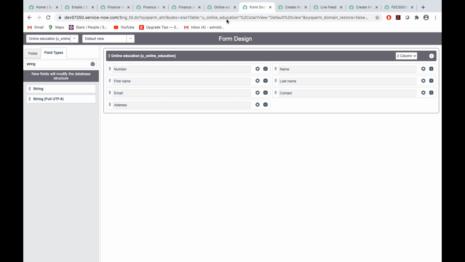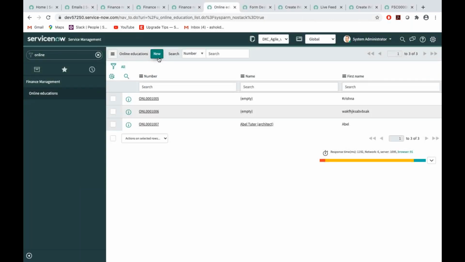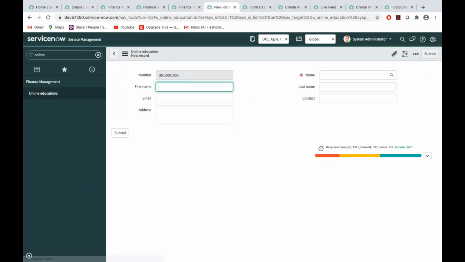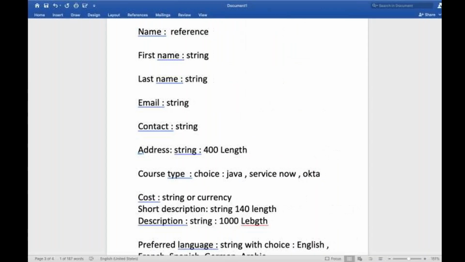And go back to the form and see how the form would be like. Address is fine, name is fine, last name, contact is fine. And the next one,